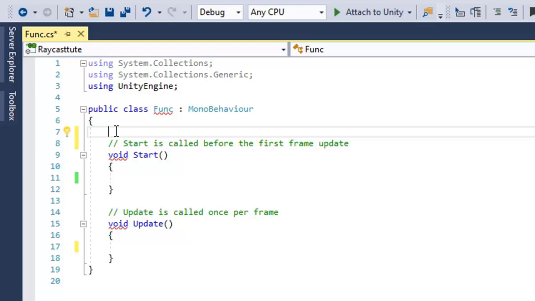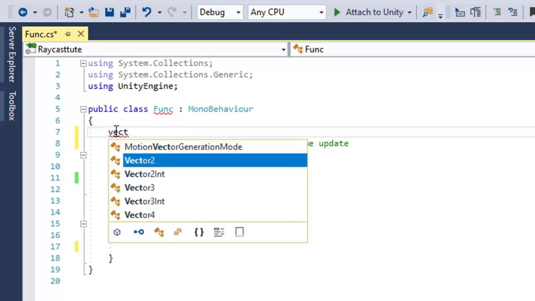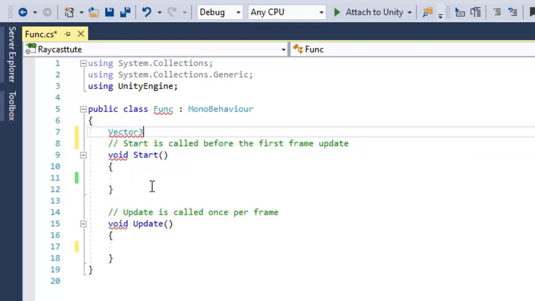For that, C# provides us a vector type of data type. We have Vector2 for 2D game space, Vector3 for 3D game space, and Vector4 for game space with additional values. Generally we are dealing with Vector3.